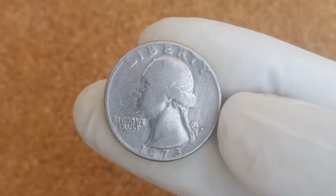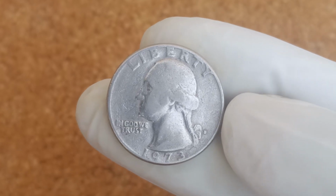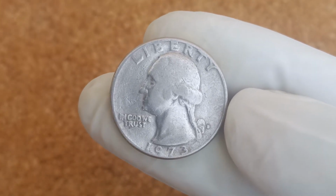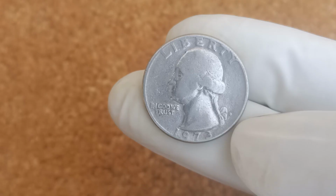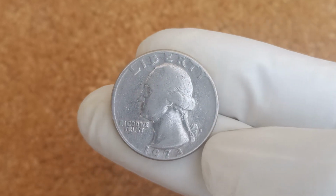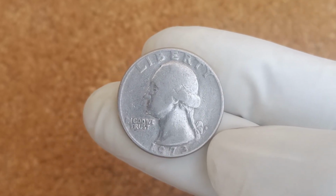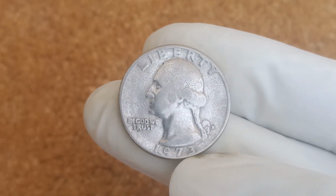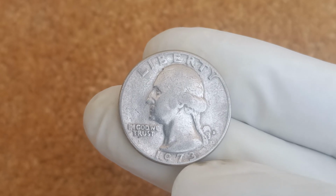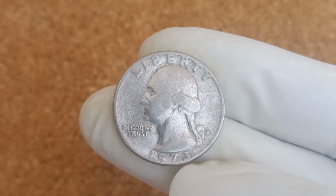For instance, Heritage Auctions has seen multiple 1973D quarters in mint state selling for hundreds or even thousands, depending on their certified grade. Lastly, if you're a new collector or enthusiast, the 1973D Washington quarter is an ideal entry point into the world of modern coin collecting. It exemplifies how even a clad coin without silver content can command significant premiums when condition, rarity, and collector demand